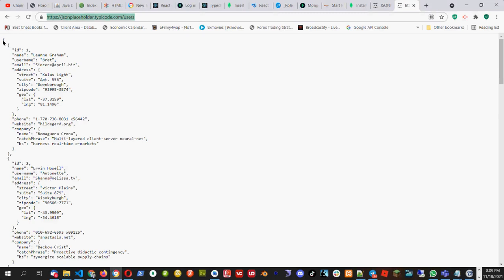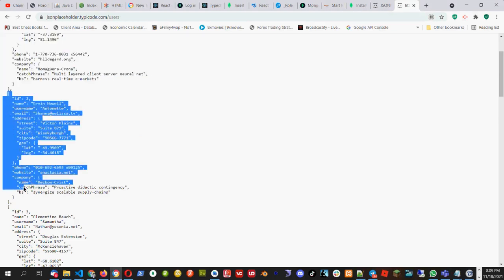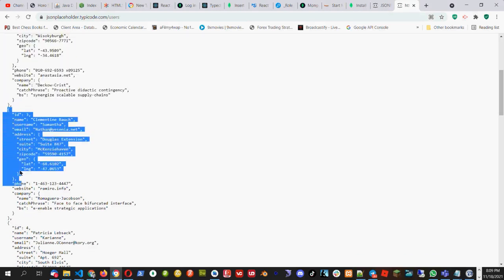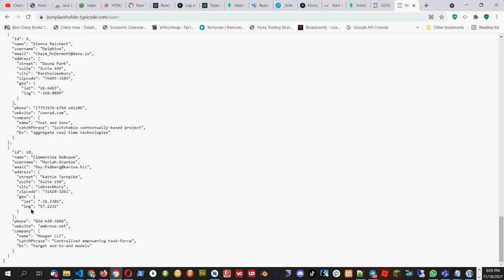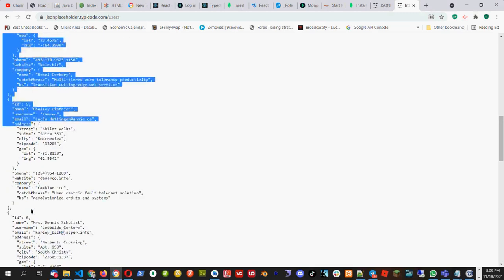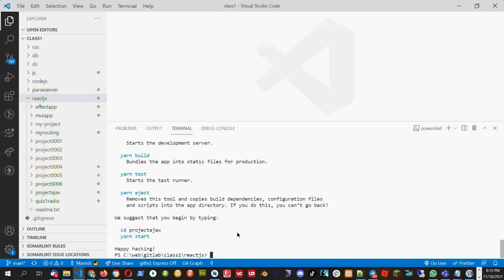So what is the task? See, this is the array, and in the array we have objects. This is user 1, this is user 2, this is user 3. Like this we have different users, and I will be using this API. Okay, so this project is done. Let's go into the project,